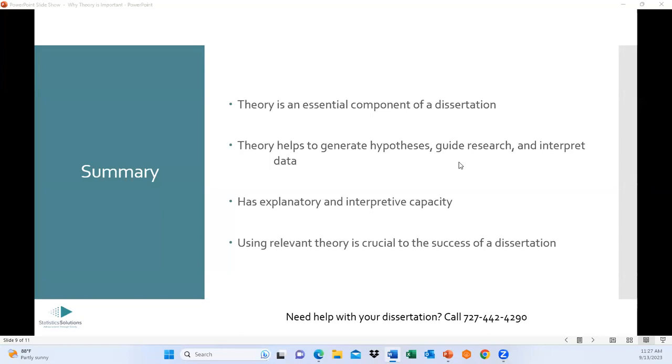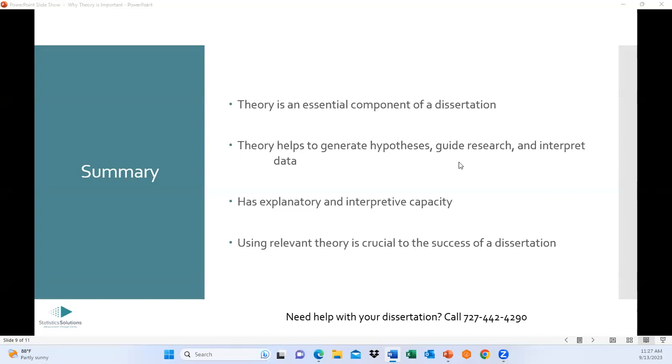I would think about the theory at those times, because again, it can lead you to determine the factors that you want to study, the specific components within a construct. It can lead you to the instruments you're going to use. So think about theory early as you're thinking about these other fundamental components of your study.